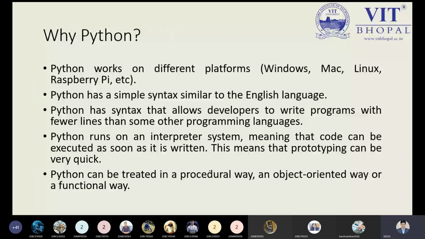First, Python works on different platforms. Of course, because Python works on each and every platform, like the Windows operating system, the Mac operating system, which is mostly used in Europe, and Linux and Raspberry Pi. Raspberry Pi's architecture is different from Windows, and Windows architecture is different from Mac and Linux. So these are various machines, each with its own hardware and software. Python will run its applications on any kind of machine. This is a good thing about Python.